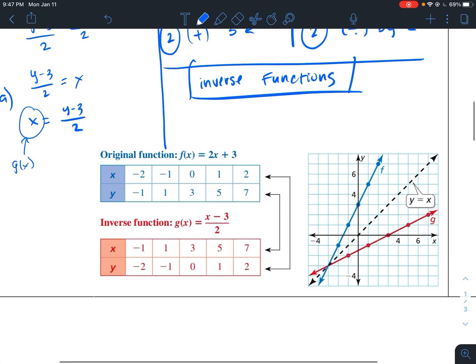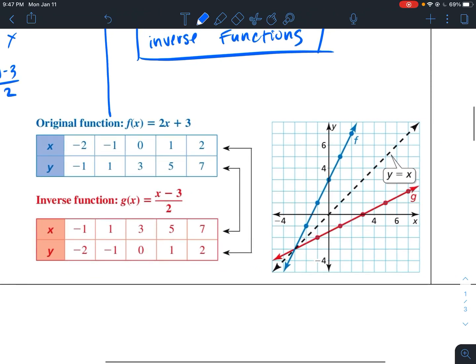Now right here is a table and a graph of both these functions. So here's f of x and here's g of x. F of x is in blue, g of x is in red. Now, let's notice some patterns that we see here. Let's talk about the patterns that we see first in the tables right here. Hopefully what you notice here, x is negative 2, y is negative 1. But down here, x is negative 1, y is negative 2. If you keep going, this is negative 1, this is 1, but the x here is 1 and the y